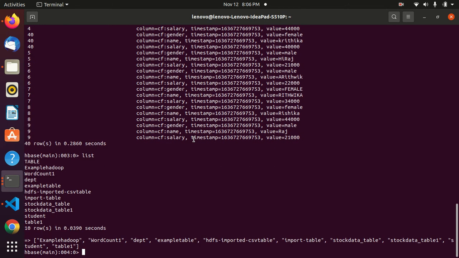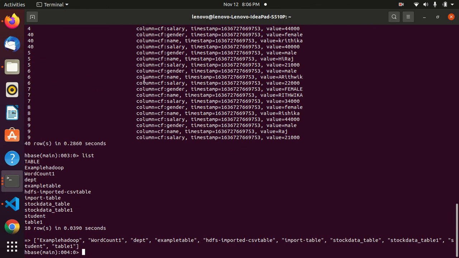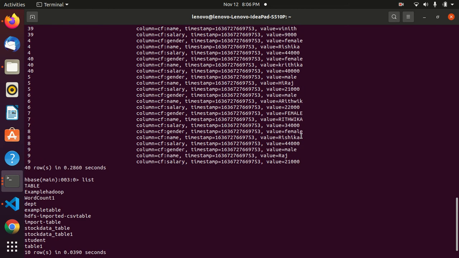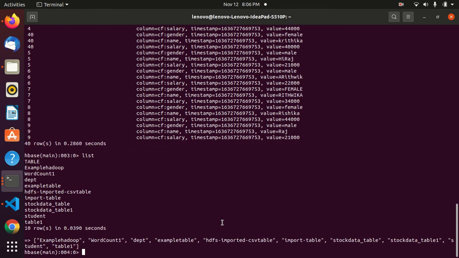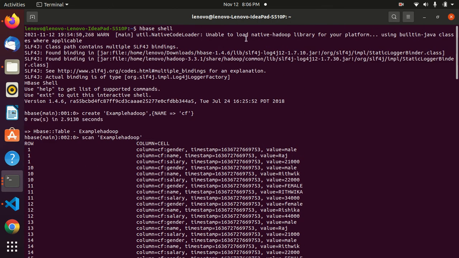So the process might be the same, the command to be used, but in the CSV file the data should be unique. And after this, we got the executed data. So this is the data, this CSV file, and we have to be careful about the naming and the CSV file to be used.